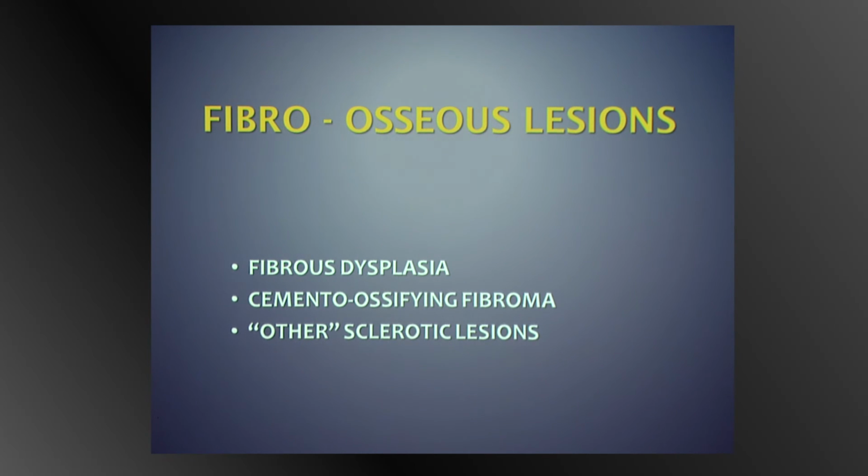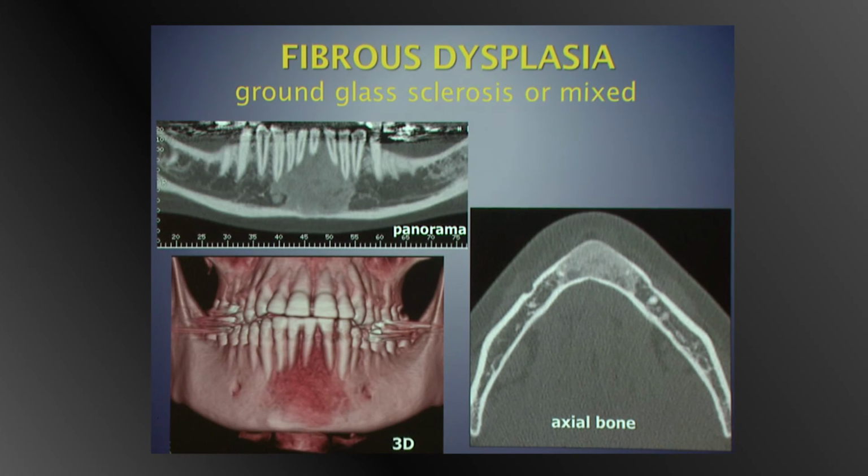So fibro-osseous lesions. The two lesions Gav showed already, fibrous dysplasia and cemento-ossifying fibroma, and then the other sclerotic lesions, which really you'd have to be a pervert to enjoy. Fibrous dysplasia,